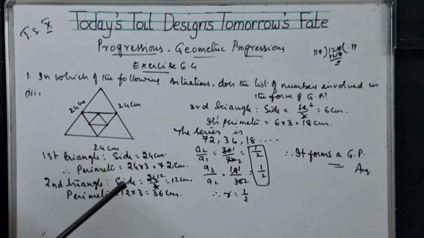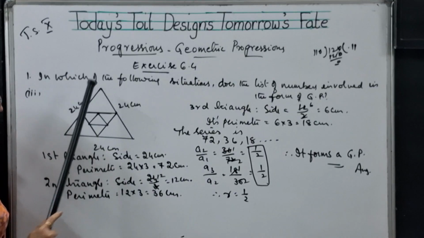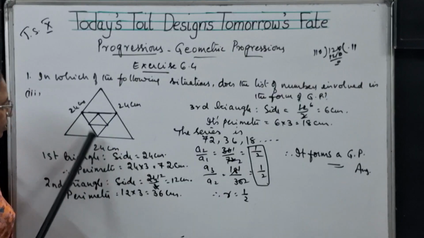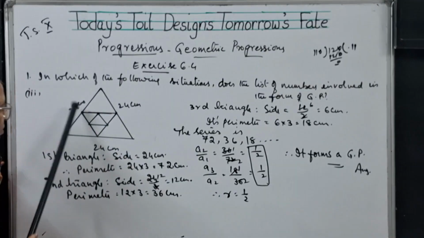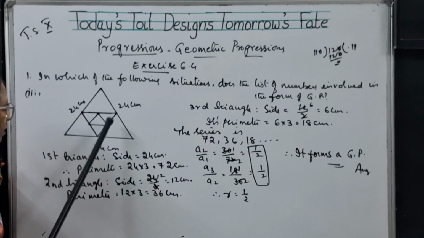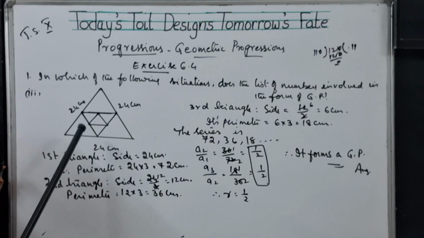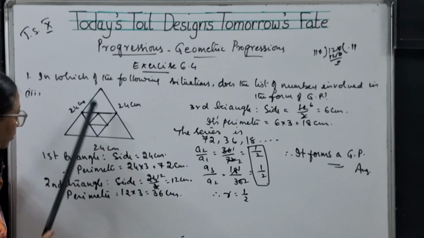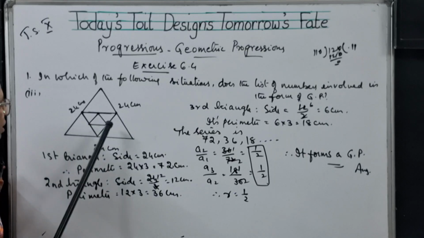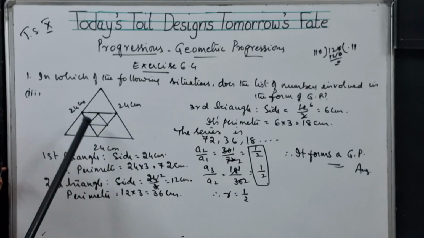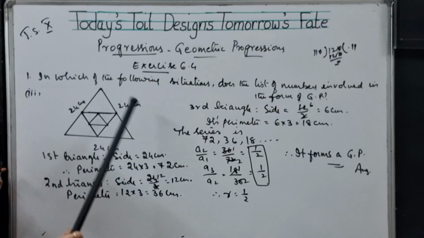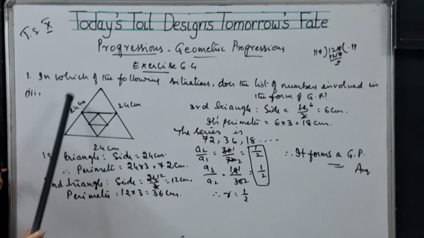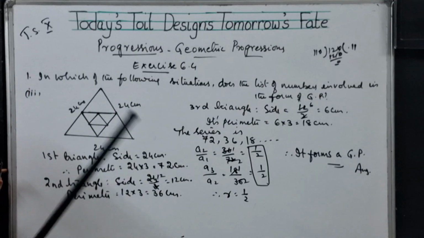So let me explain you once again. They have said that there is an equilateral triangle. Each side is 24, 24, 24 centimeters. By taking the midpoints of this equilateral triangle, another triangle is formed. And by taking midpoints of the second triangle, another triangle was formed. So it is continuously formed. Now the question is, if this is formed in this way, whether the perimeter of each triangle forms a GP